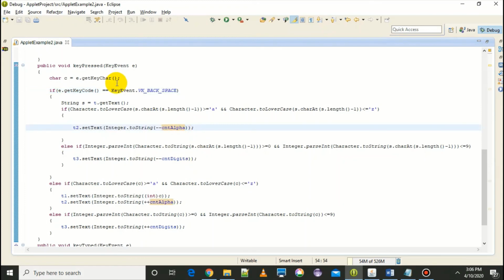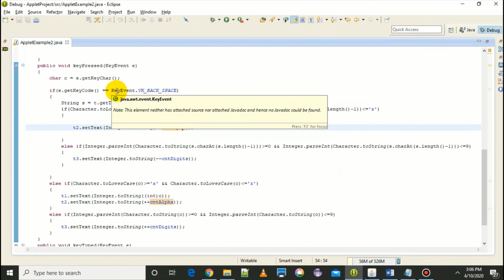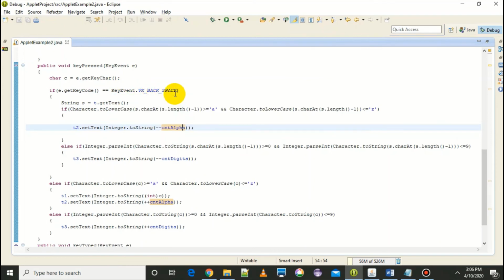So KeyEvent is a class that is storing all the ASCII values of all the keys on the keyboard, and VK_BACK_SPACE is a constant in the class that stores the ASCII value of the backspace. Whenever you are calling KeyEvent.VK_BACK_SPACE, it is giving you the ASCII value of backspace, and that you are checking with the ASCII value of the key that has been pressed. So if the key is equal to a backspace, then you enter the condition, and in that condition